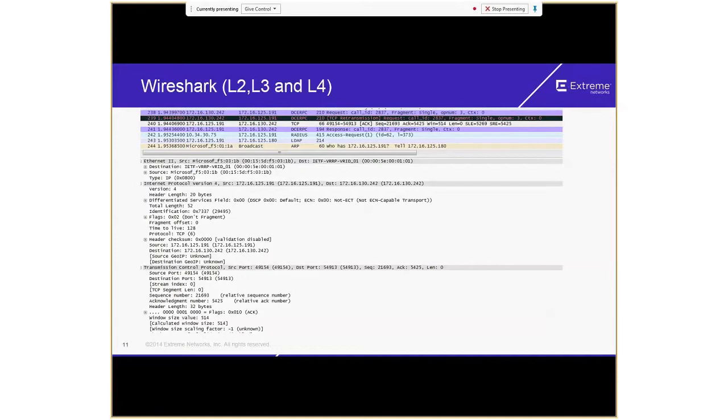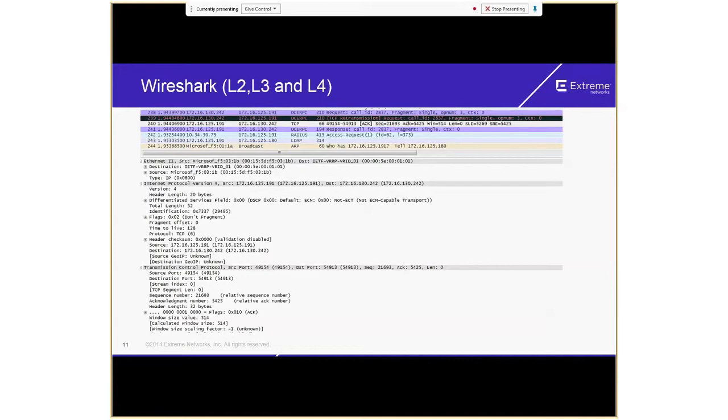This is not the physical port, and you have a lot of information as well, like what happens in TCP, window size, your SYN information, etc., and segment length. A lot of information over here as well.